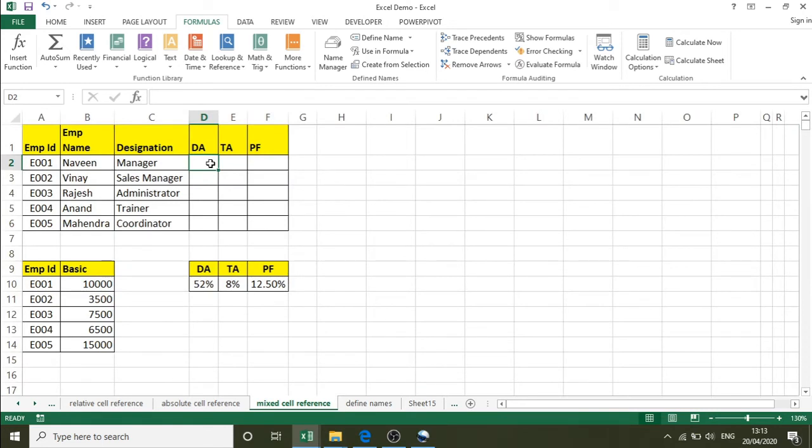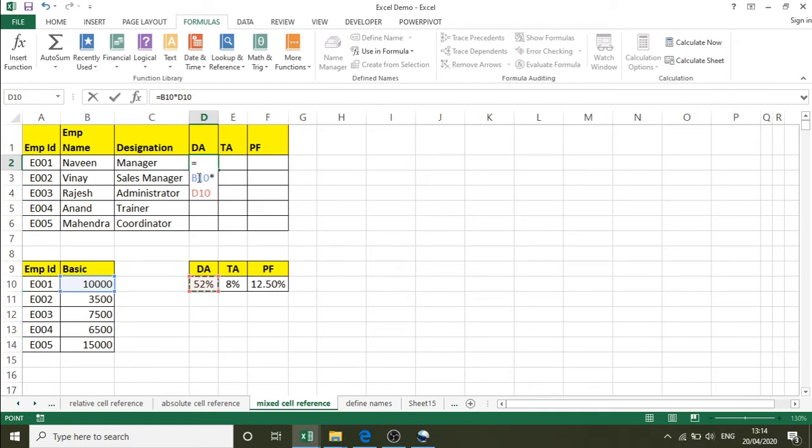To enter DA, I am using the formula equals basic amount, that is present in B10, into DA, that is present in D10, so B10 into D10. Whenever I move the cell, let us understand one by one. Whenever I move downwards, the basic amount value will change from row number 10, 11, 12, 13, 14.